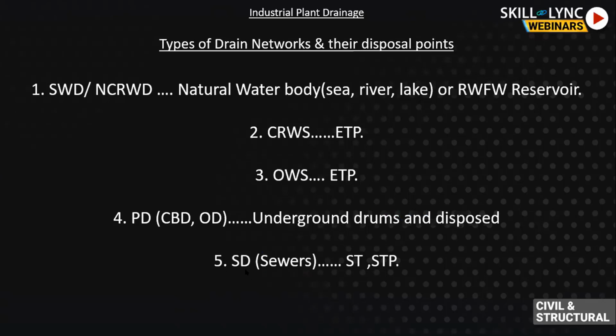Next, the sanitary drains and sewers. They are generally cast iron or stoneware pipes. You must have seen stoneware pipes in Mumbai. For those who are residents of Mumbai, many sewers are stoneware pipes. The olden system has stoneware pipe. The new system uses CS, but the olden is stoneware pipes.